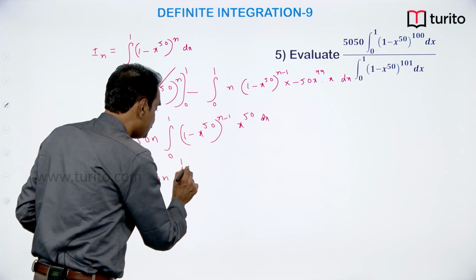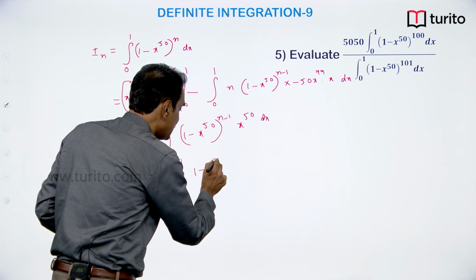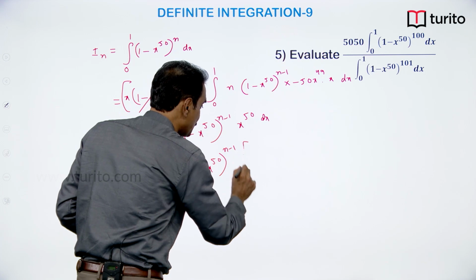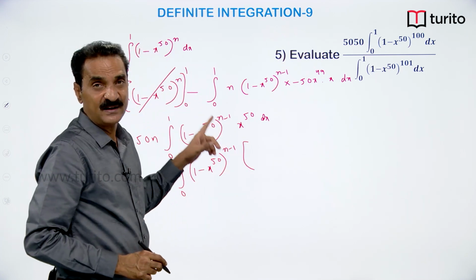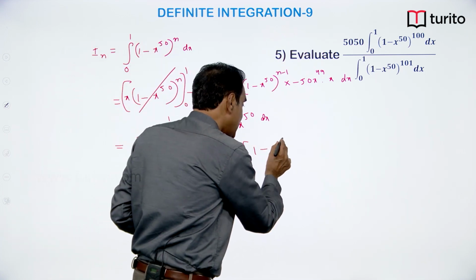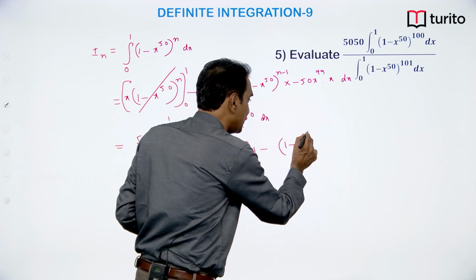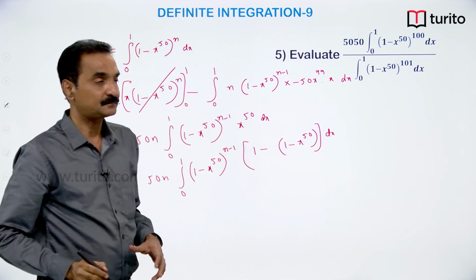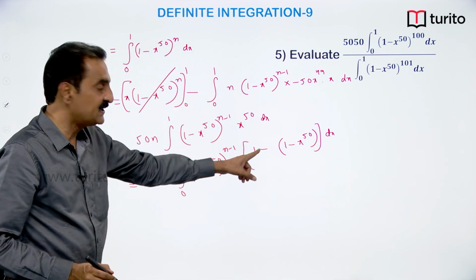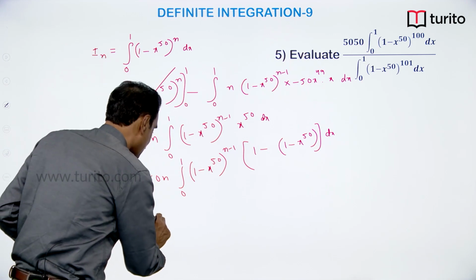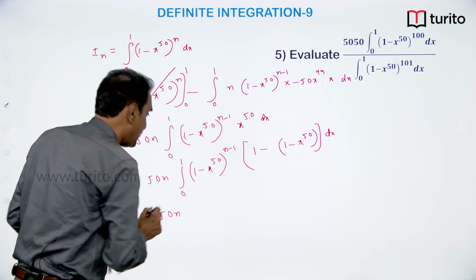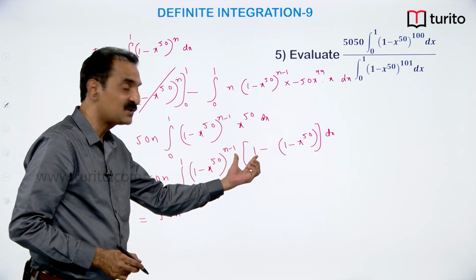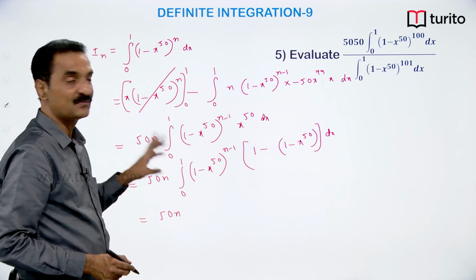integral 0 to 1, (1 minus x power 50) whole power n minus 1 into, write x power 50 as 1 minus (1 minus x power 50). Then multiplying inside, 50n into integral 0 to 1, (1 minus x power 50) whole power n minus 1 into 1 will be I_{n-1},